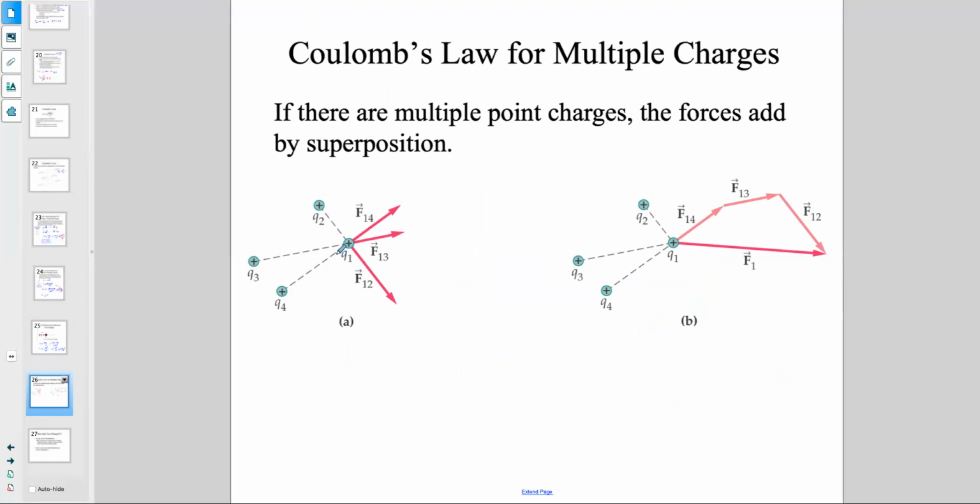Then you have Q1 and Q3, so you have F13 in this direction, and they're all positive, so they'll all repel. And then you have Q2 and Q1, which are both positive, so they repel. On Q1, you have essentially three forces, F14, F13, and F12,